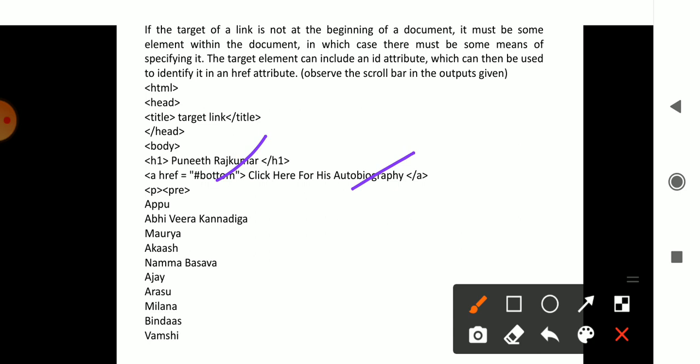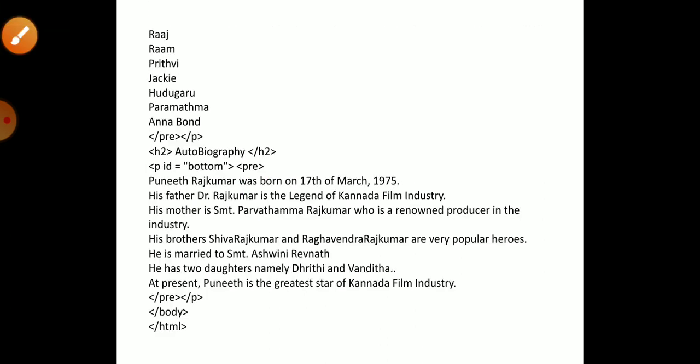the statements such as Appu, with certain pre-declared space it will be considering. So Appu, after that next line Abhi, then Mayur, then Akash, then Namma Basava, then Ajay Arusu. All these names are there, the movies done by the actor Puneet Rajkumar. So those are listed out here, with pre, then all this text,